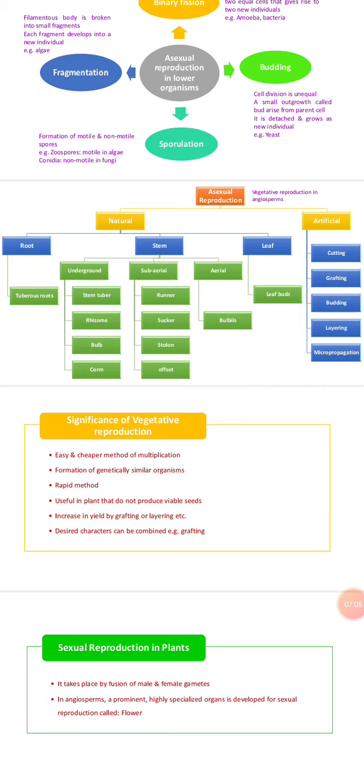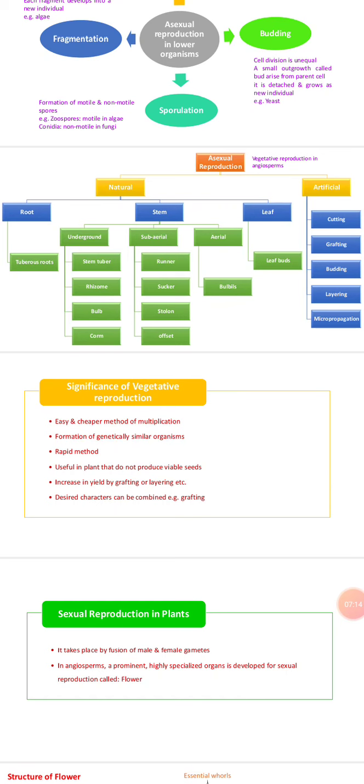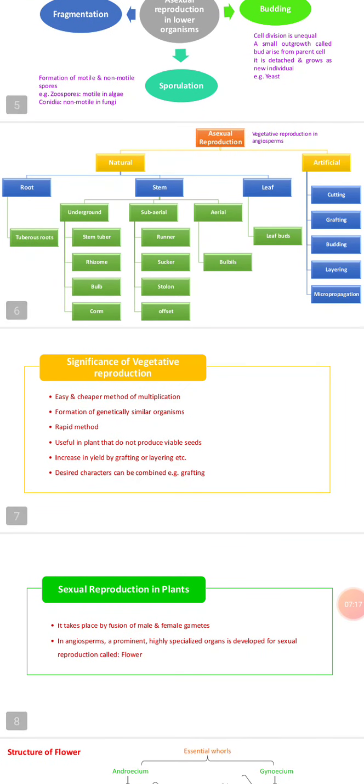Among them, there are different types. The first we are going to see is the tuberous root. You must have known about the tuberous root. For example, the sweet potato, especially if you keep fasts, you are well known about it, because it is normally used as a food material during the fast period. Sweet potato is an example of the tuberous root. It normally looks like a tube-like structure, tube-like shape, but it is an underground tuberous root.